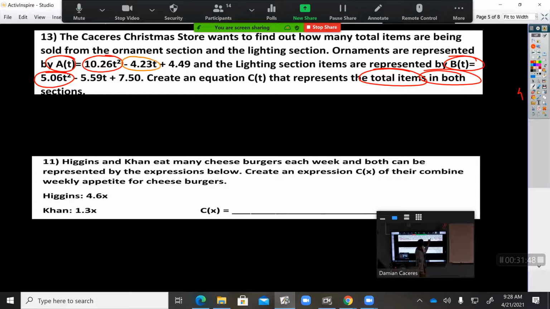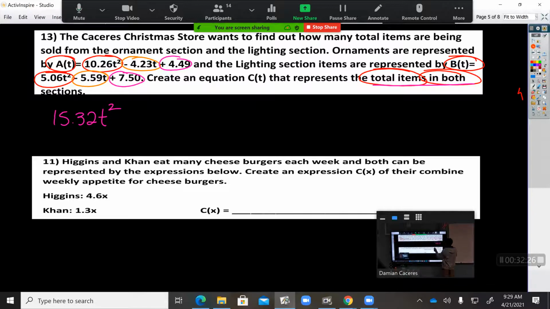You have a t value following it on both equations. And then you have a constant following that on both equations. So that tells you which ones are going to get added to which. Once you read total for both, think addition, and now we add the like terms together. These are obviously decimals, so use the calculator if you can. So all we do is add 10.26 with 5.06, and that would give me the first term,